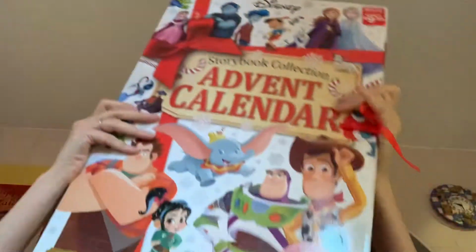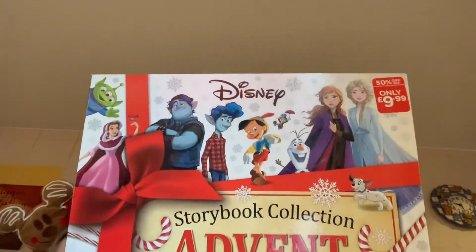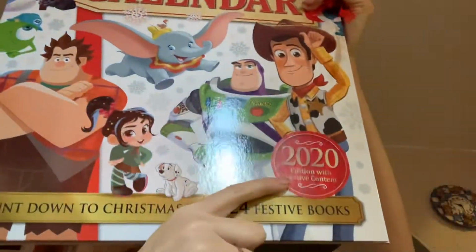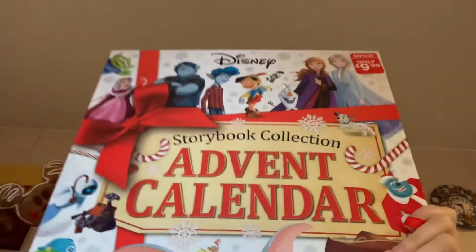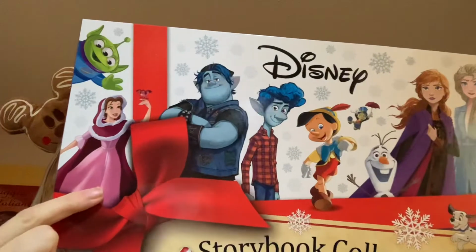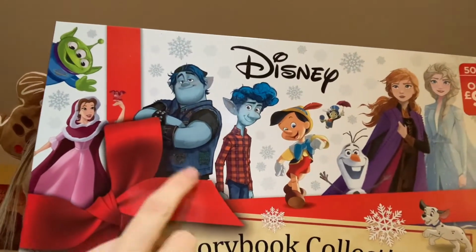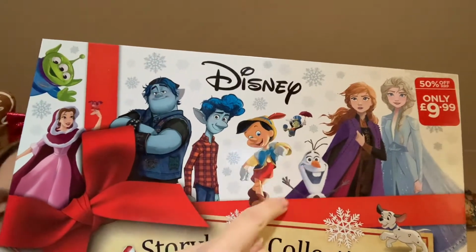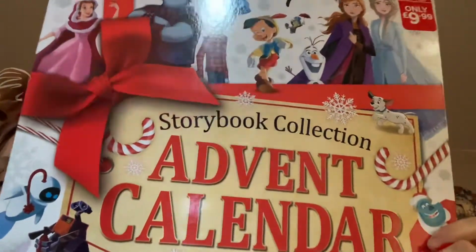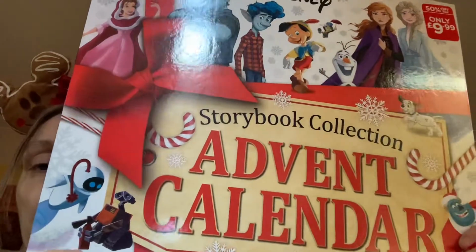I got the amazing Disney Storybook Advent Calendar, and it was £20 and I got it for £9.99 from WH Smith's. And you can see down here it says 2020 edition with festive content, and it says countdown to Christmas with 24 festive books. You've got loads of amazing characters on here. We've got the alien from Toy Story, Belle in a beautiful Christmassy dress, or the Something There dress. We've got the Onward characters, Barley and Ian, Pinocchio, Jiminy Cricket, Olaf, Anna, Elsa, one of the puppies, I think that's Lucky, and some candy canes, then we've got Sally,